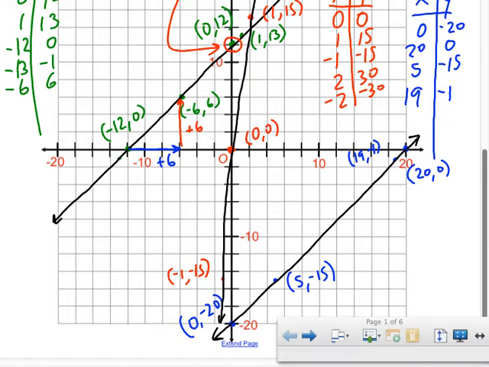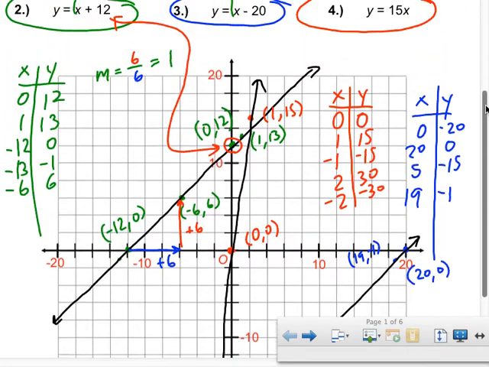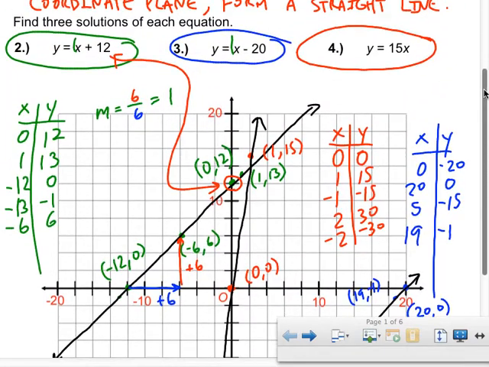Right? Very steep line. And that makes sense because the slope is what? 15, right? Isn't 15 greater than 1? These are all leaning to the right. They're a positive slope. Now the thing about this line right here is if it goes to the origin, what